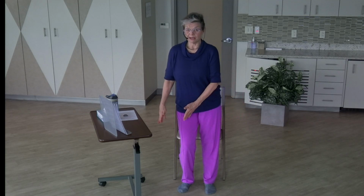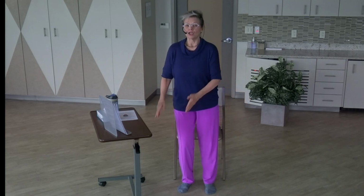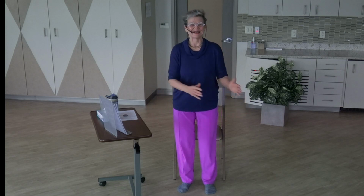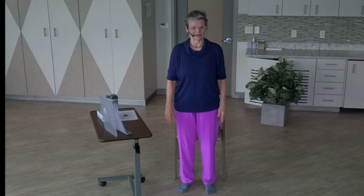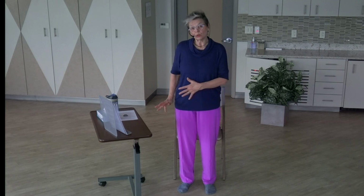So you can join me, lifting and lowering both hands. You're not twisting to the side. You're just relaxing your arms and shifting. Good. And rest. The next one is a little trickier because you're moving your arms only to one side, and